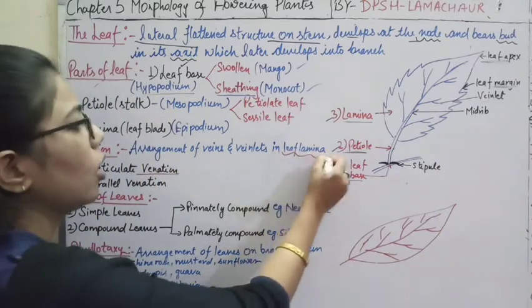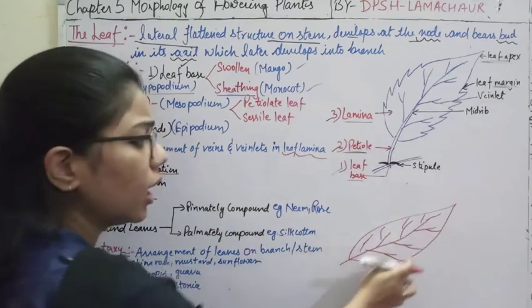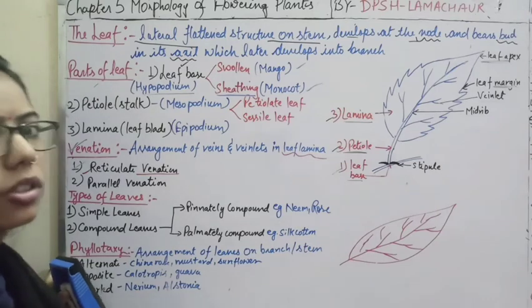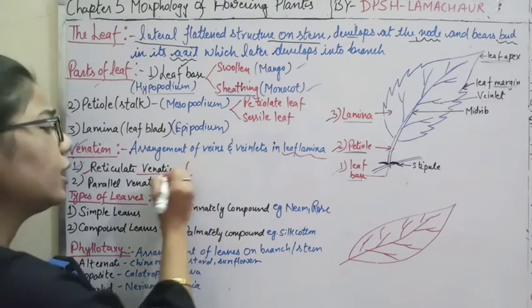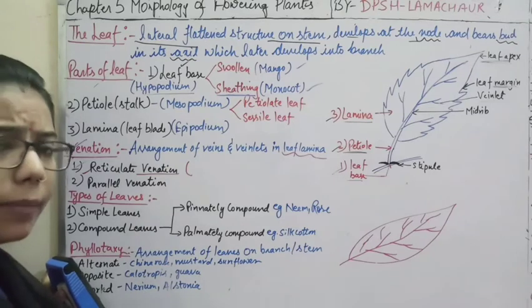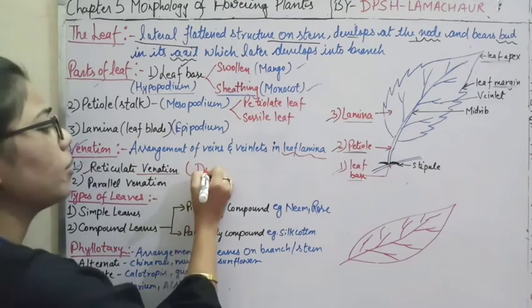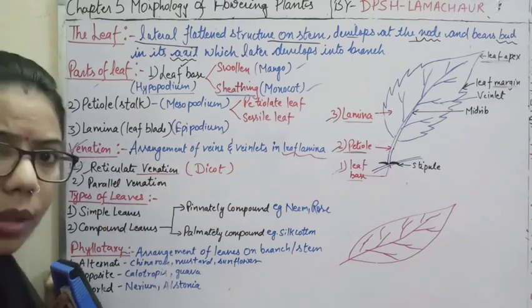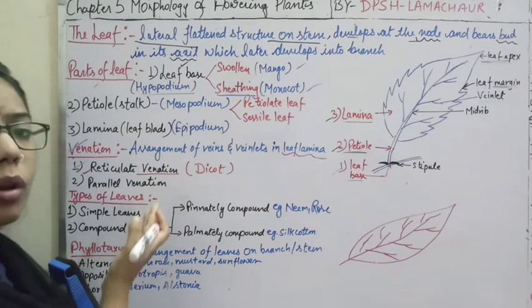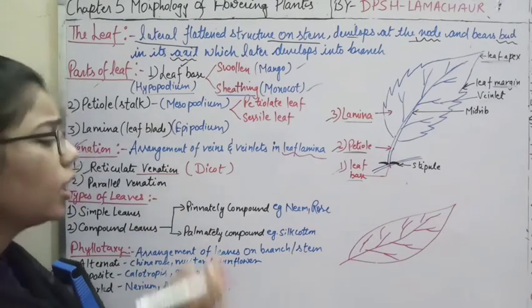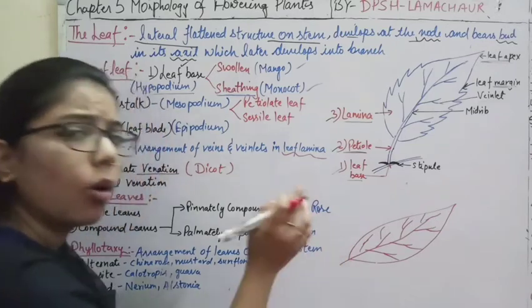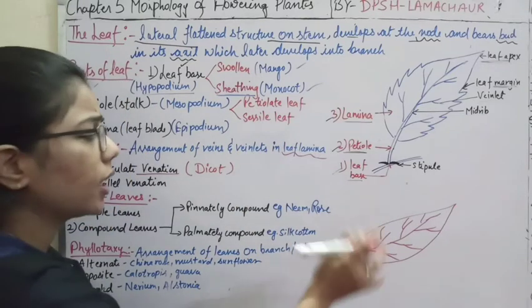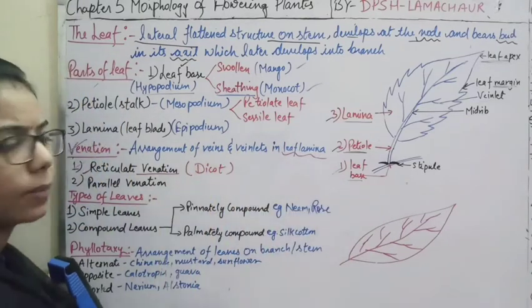Okay, same thing we are saying: on the leaf lamina, how are these veins arranged? They are arranged as a network. So this is known as reticulate venation. And now one important thing: it is the example of what kind of plant? Those which come under the dicots. The dicotyledonous families come under reticulate venation. For example, pulses are dicots, we know about it. If you see the plant of any pulse crop, you will see reticulate venation. It is a key feature of dicot plants.